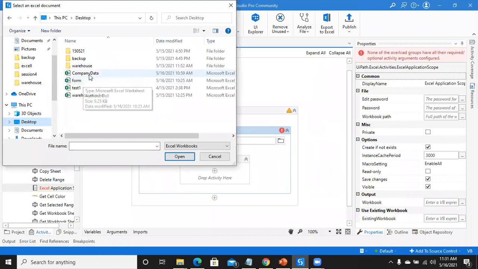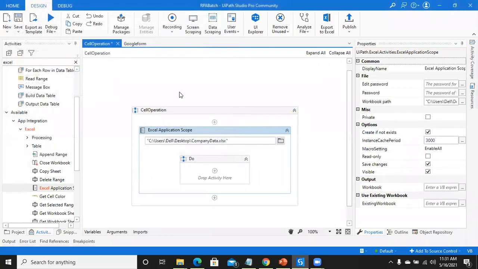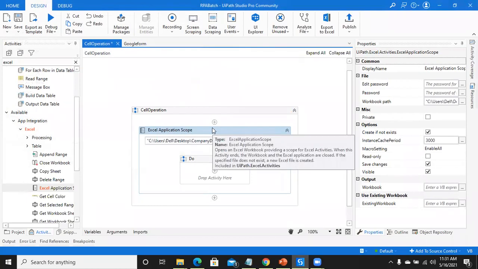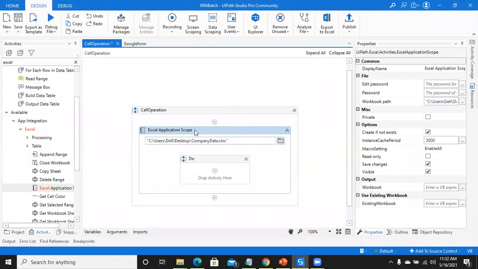So this is the file I have stored on the desktop. Let's indicate that one. So that is my first task. Understood? Whenever I am automating any Excel, you need to take one Excel application scope activity from the activity panel and give the path of the particular Excel file.